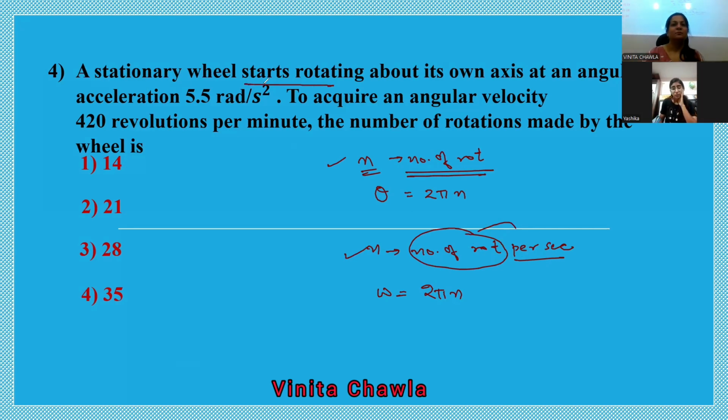अ स्टेशनरी व्हील स्टार्ट्स रोटेटिंग। ठीक है। तो इनिशियल एंगुलर वेलोसिटी को हम इसमें 0 ले लेते हैं। अल्फा इज 5.5 रेडियन पर सेकेंड स्क्वायर, और टू एक्वायर एन एंगुलर वेलोसिटी, मतलब ओमेगा 2 या ओमेगा फाइनल वी कैन राइट। इनिशियल के लिए 1 और 2 कर देते हैं। तो इनिशियल एंगुलर वेलोसिटी इज ओमेगा 1, इट इज 0, अल्फा इज 5.5 रेडियन पर सेकेंड, और टू एक्वायर एन एंगुलर वेलोसिटी 420 revolutions per minute। तो पहले तो फाइंड करो पर सेकंड कितने होंगे, 60 से डिवाइड करो, फिर इसको 2 पाई से मल्टीप्लाई करो।